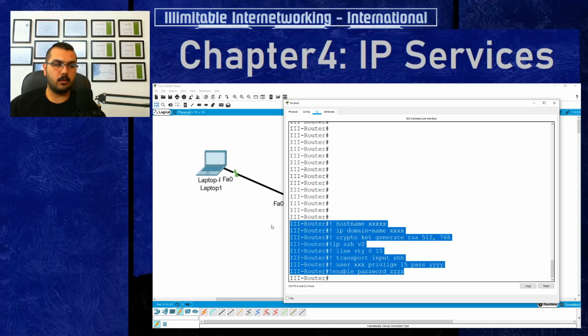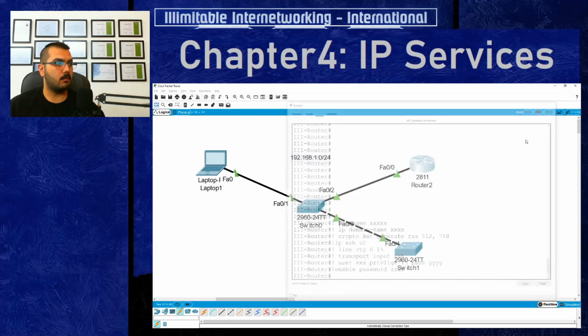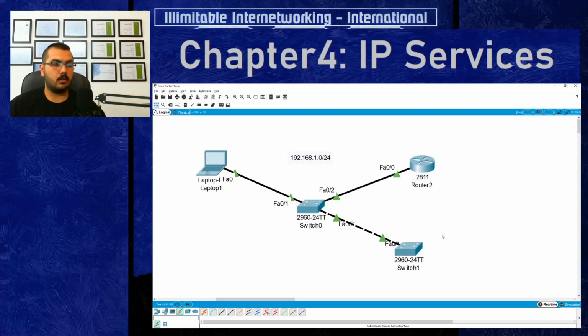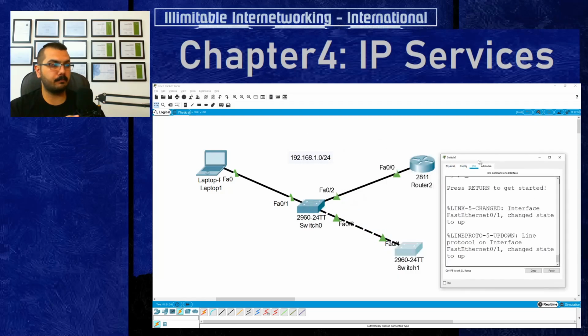I believe you can also do it using switches. Let's try our luck and access a switch remotely using SSH. Switches do not use IP addresses directly, but we can create something virtual that's called interface VLAN, and we can assign an IP address to this interface VLAN. So for this one to be accessed remotely,